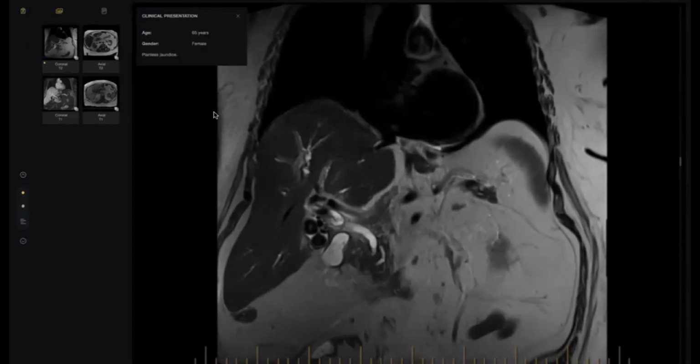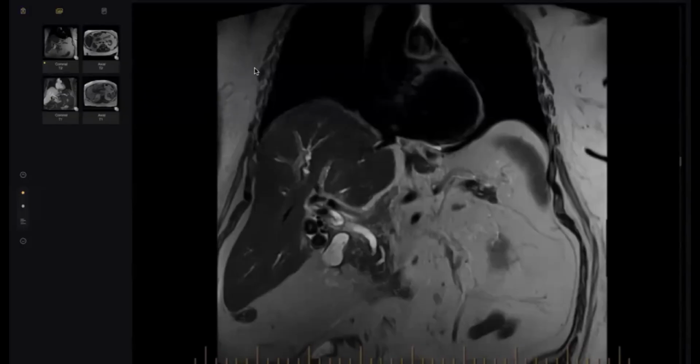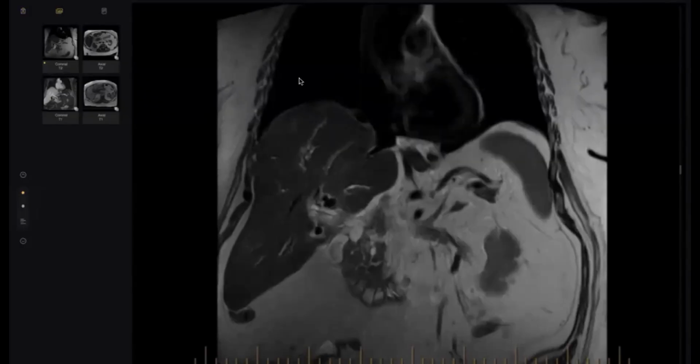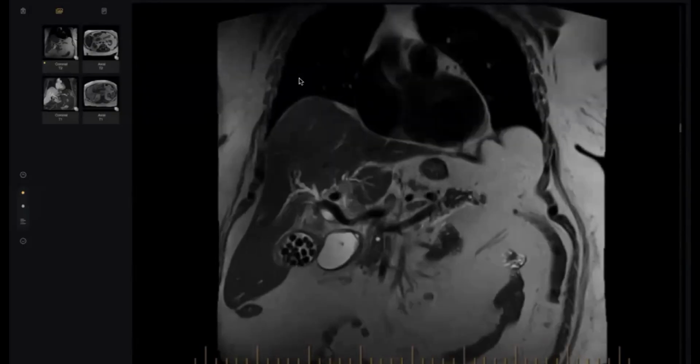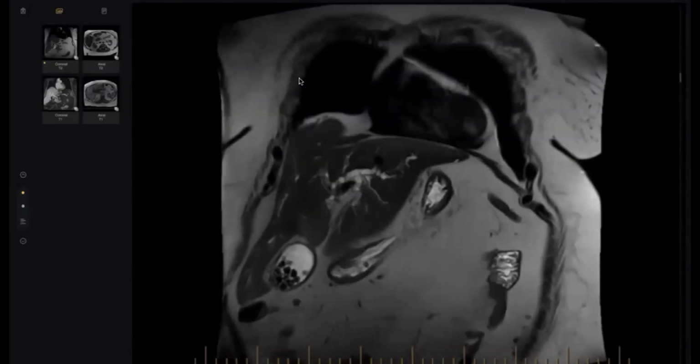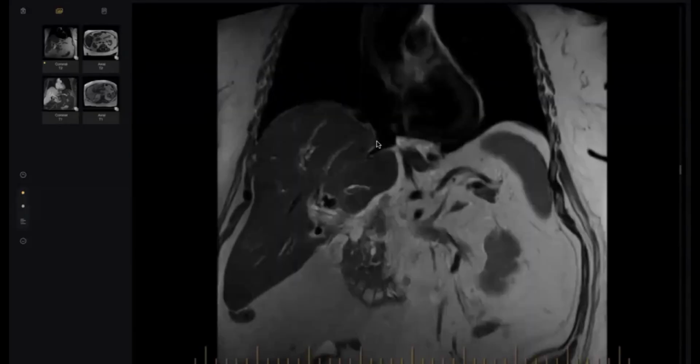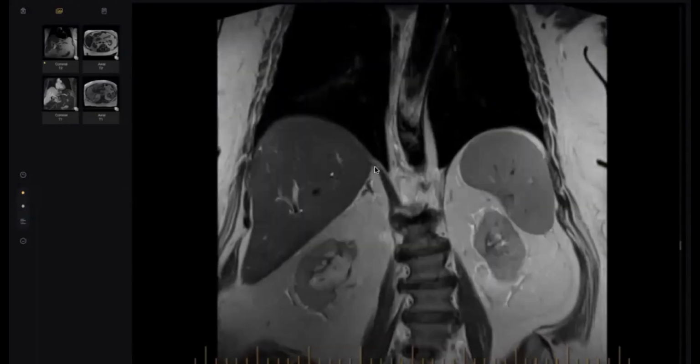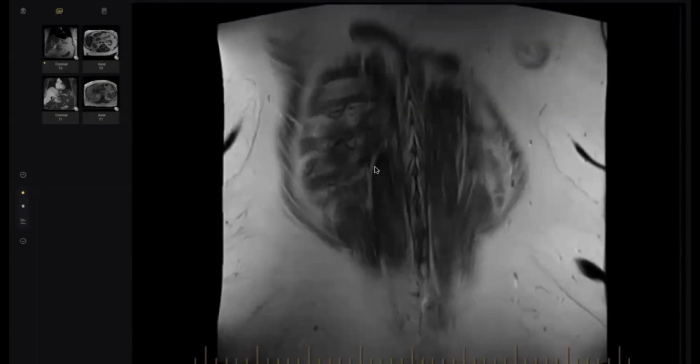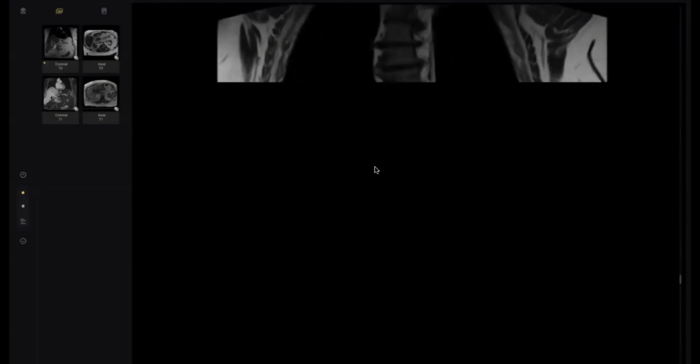Doctor, this is a 65-year-old female patient presented with painless jaundice. I am presented with coronal MRI images of the abdomen, T2-weighted sequence. Doctor, can you request control, please? Yes. Oh, yes, I'm able to scroll now. So, on this coronal image of T2-weighted sequence,